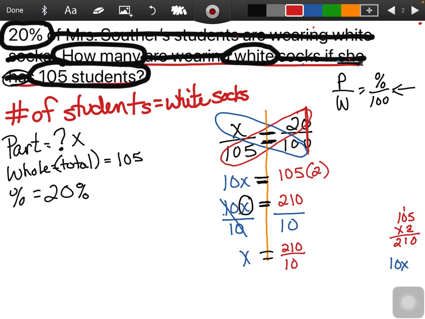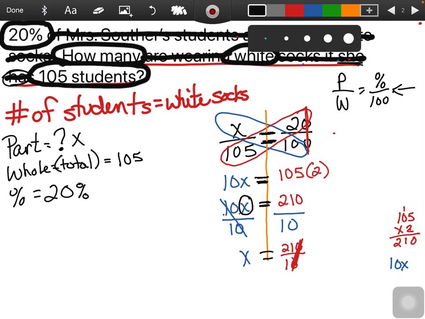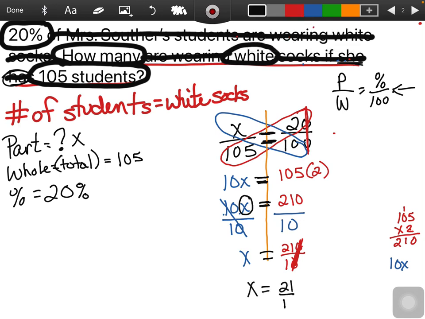Well, just like what I did before up here, I know that I have zeros at the end, so I can just get rid of those zeros, right? As long as I have one on the top and one on the bottom, one numerator and one denominator, I can do that. My solution then becomes x is equal to 21 over 1. And I know anything divided by 1 is itself. So that means my solution is